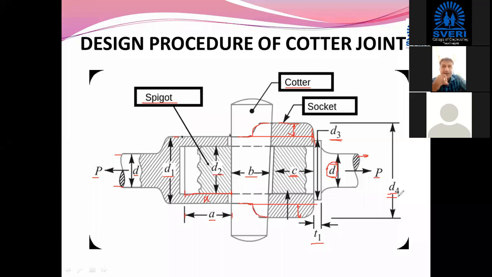Now we have not yet decided the thickness of the quarter, which is denoted by small t. That cannot be seen in this view, so it is not denoted here. So let me know whether you have understood the nomenclatures we are using for the further calculations.